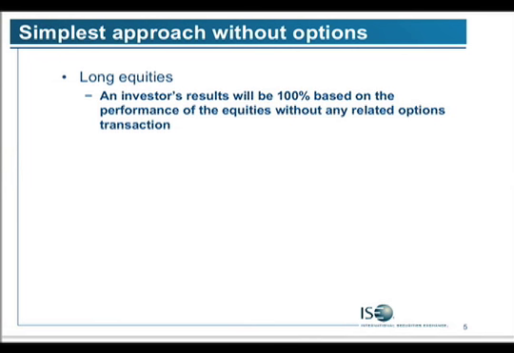Starting an options presentation, the first thing you need to know is what is the alternative to an option. You could be long or short the underlier, and you'd have 100% of your performance based on it moving up or down. That's the simplest approach, and you might look at the spot, which is the cash market for currencies. There are futures available. They all offer differing risk rewards. I love options because options give you tremendous choice.